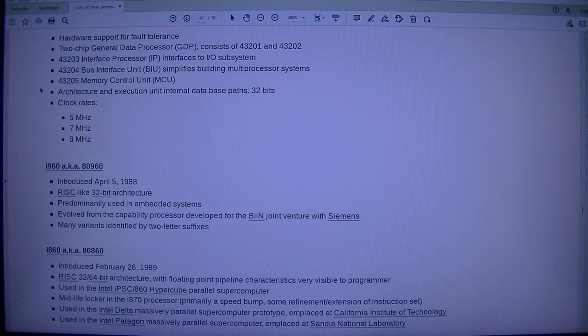Architecture and execution unit internal data paths, 32 bits. Clock rates 5 MHz, 7 MHz,